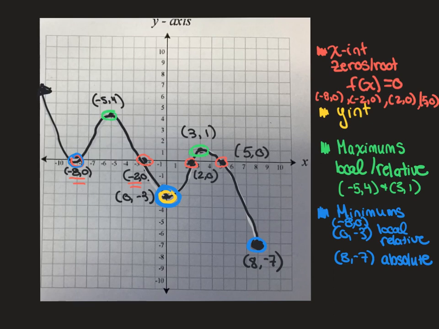Okay, so the last thing we're going to talk about is what part of your foldable is called increasing or decreasing. And let me grab a new color for that. I'm going to use, we'll try a purply color. Increasing is when you draw little tangent lines and the graph is going up. So like this is an up piece, and this over here is an up piece. So for increasing,